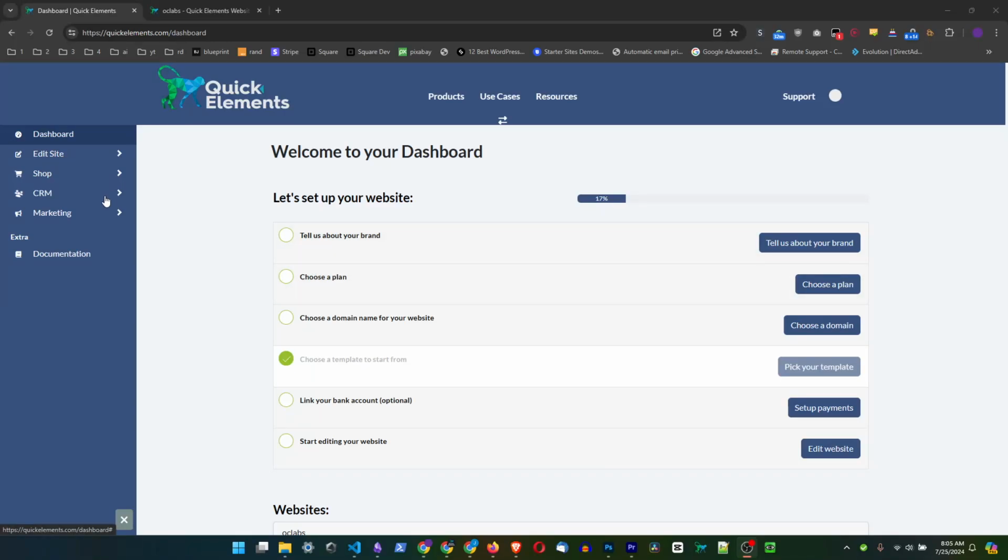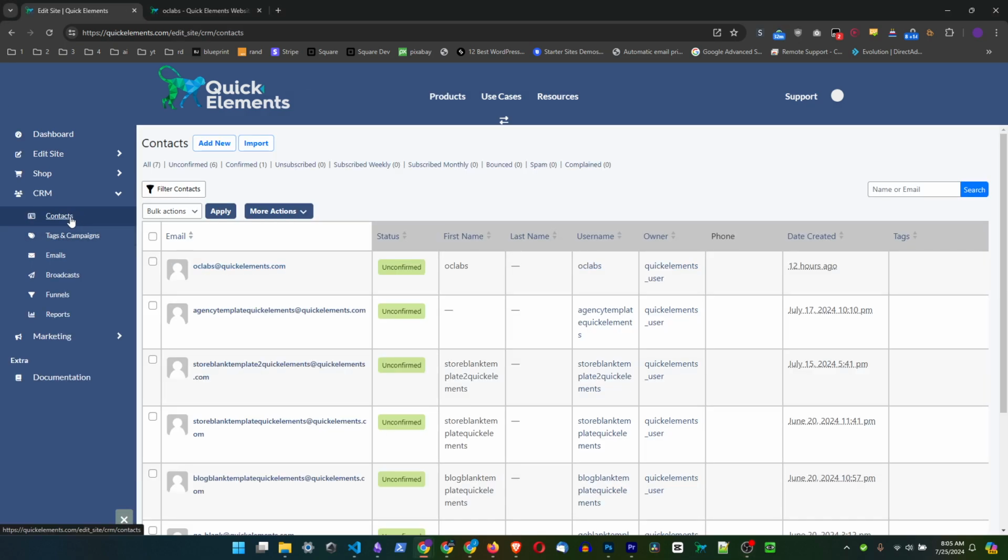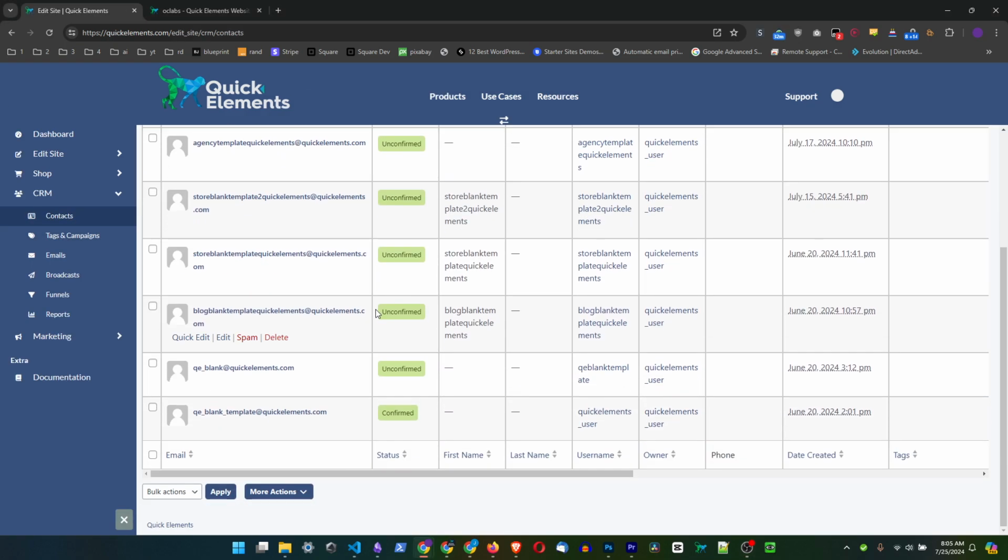Hi, let's talk about the Quick Elements CRM. You can access your CRM by going up here to Products and then CRM. The first page that you'll come up on is the Contacts page, where you can see all of the contacts